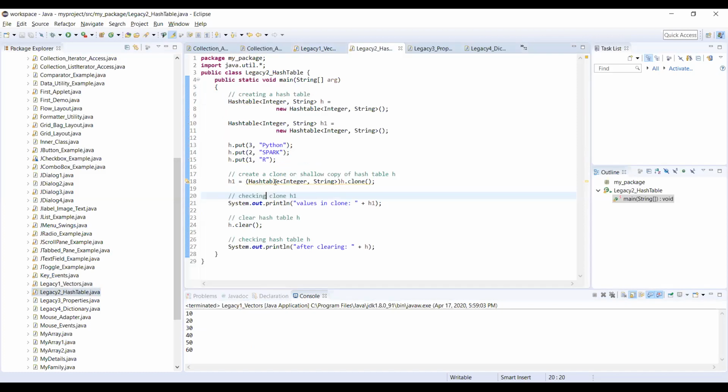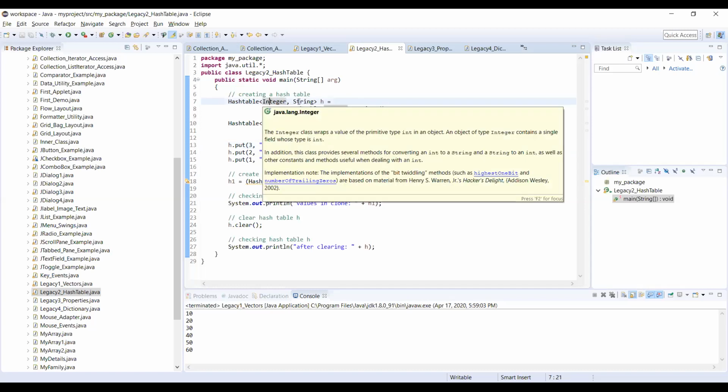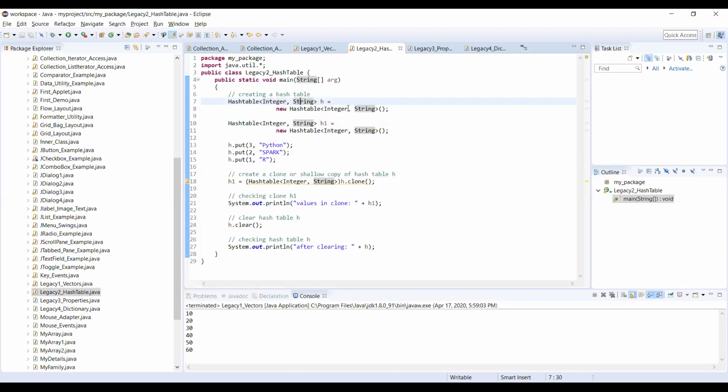And coming to the Hashtable, this Hashtable is a map-based kind of thing. I am creating a legacy_hashtable class, and in the main function we are creating a Hashtable. I'm taking the first value as an integer and the second as a string, key and value, and we are instantiating it. We are creating two objects here, one is h and the second one is h1, and I want to make use of both. With the first object, h.put is used to create the hashtable and add the corresponding entries.